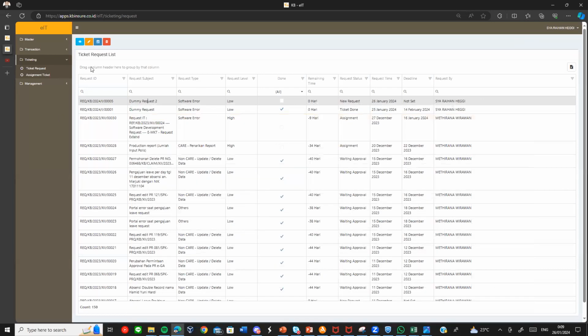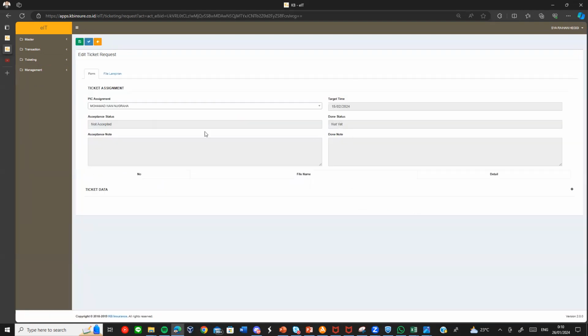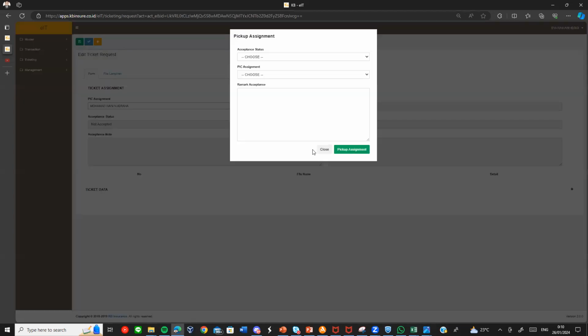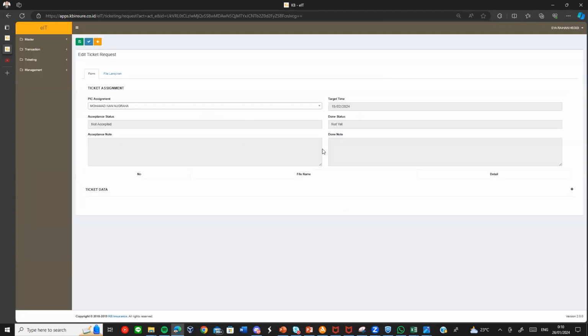Next, if the admin has the task to pick up the request from the ticketing, they need to go to the form edit first. This is for the example, and then they will accept or pick up the assignment.